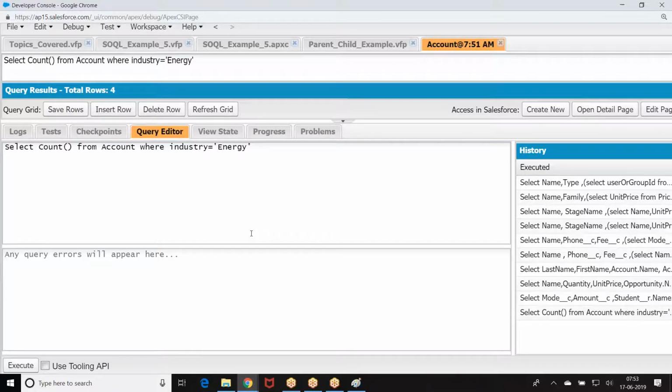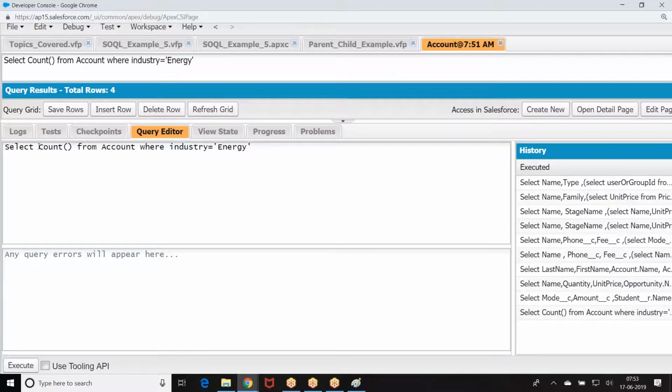If the count is greater than 0, yes, duplicate is found, don't insert, throw error message. I hope you are good. Select count gives you the count of number of records returned by the SQL query.